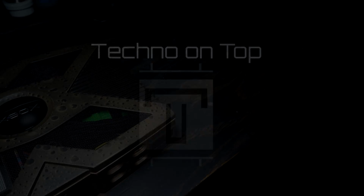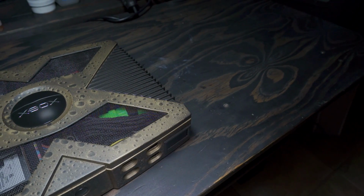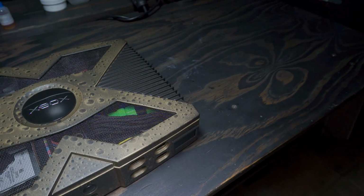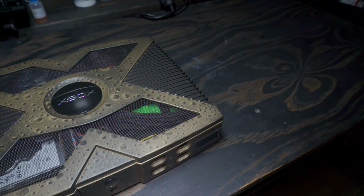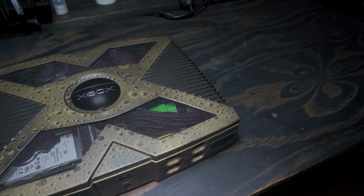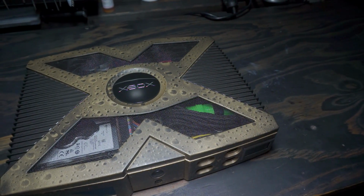Some of you may already know through a comment, but my Slim stopped working about 2 months after I had originally finished it, at which point I just shelved it because I really wasn't using it and I had no intention of spending any more money on it. It stuck to that for a few months. Eventually, I just couldn't stand to see my dream Xbox just sitting there, so I opened it up